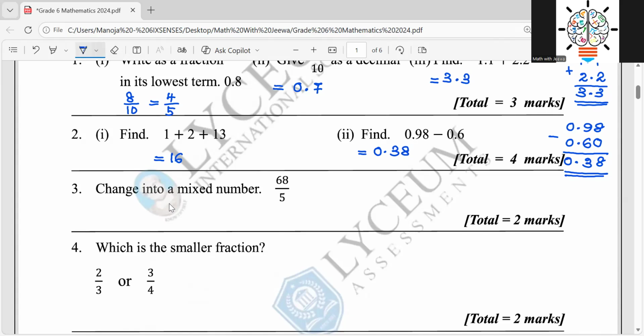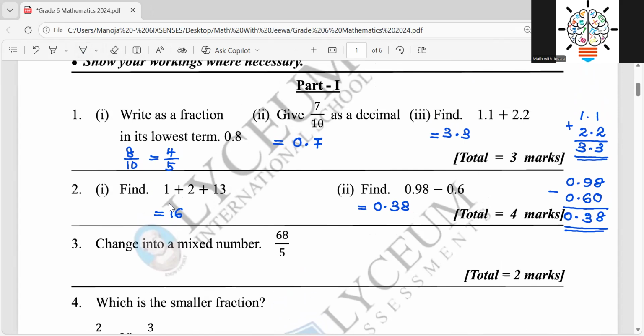0.38, right? You just see that when you write the answers like this, no one can say that your answers are wrong, that you have written everything neatly, right? That you have shown all the steps, right? And then the next one,